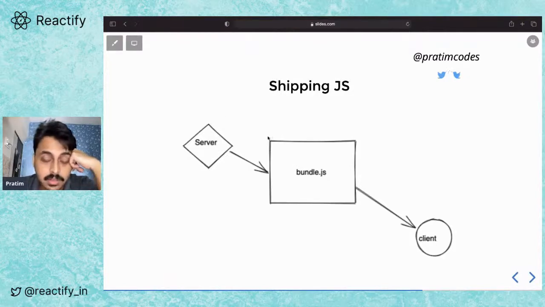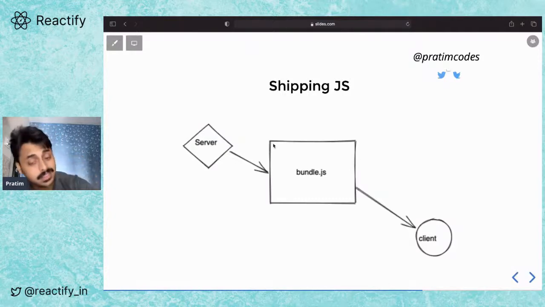When the server sends the code down the line, it sends a big bundle, bundle.js. And if you make some small change, suppose in main.js, like a string, text, or a component,